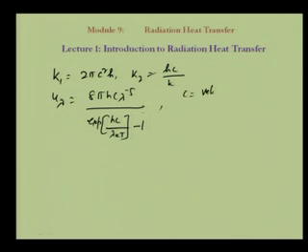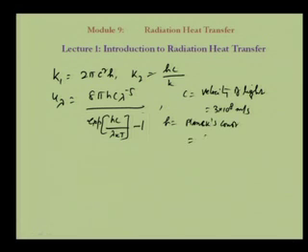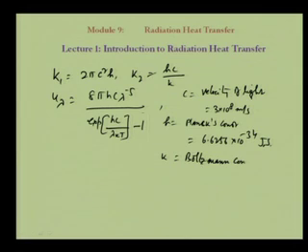Here c is velocity of light, and we know that it is 3 into 10 to the power 8 meter per second. Then h is equal to Planck's constant, and we know this value 6.6256 into 10 to the power minus 34 joule second. Then small k is Boltzmann constant, and this is 1.38066 into 10 to the power minus 23 joule per Kelvin per molecule,